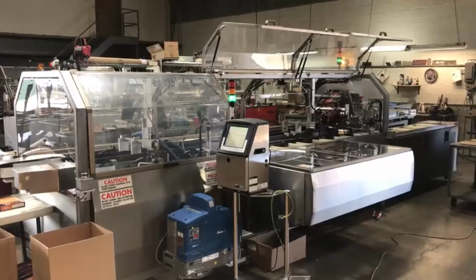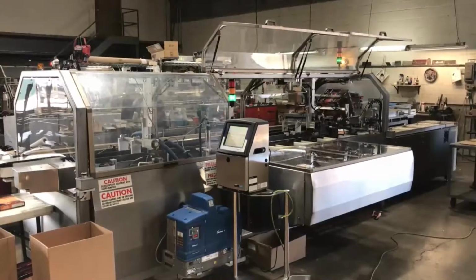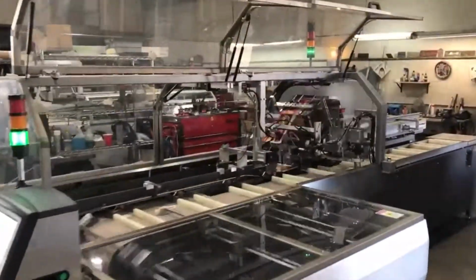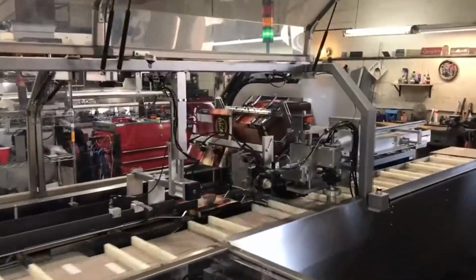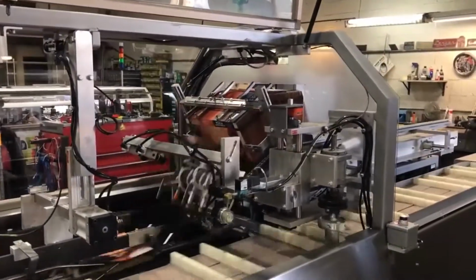Ultra Packaging has been in business since 1993, specializing in providing cost-effective, innovative, and high-quality cartoning solutions for every industry. Our rebuilt cartoner mission is to provide versatile, economical, and implementable cartoners available to purchase with shortened lead times versus